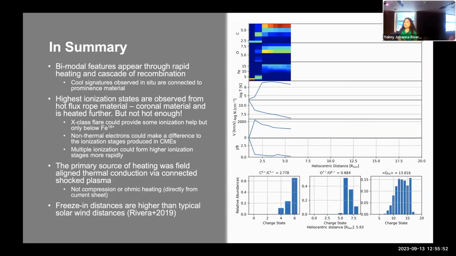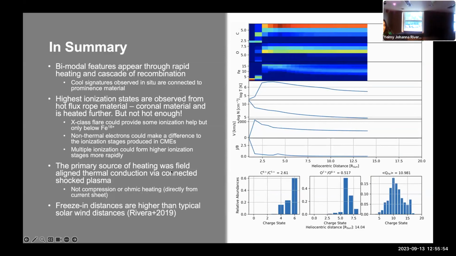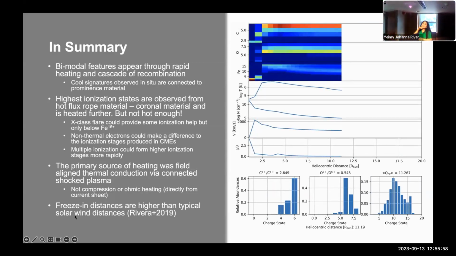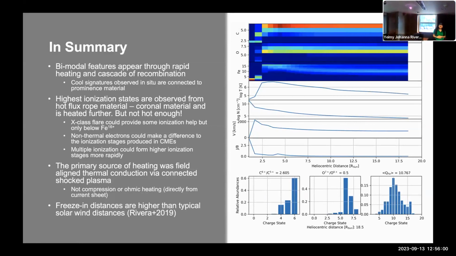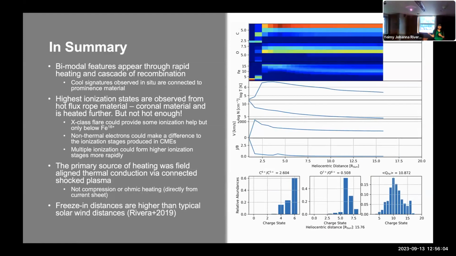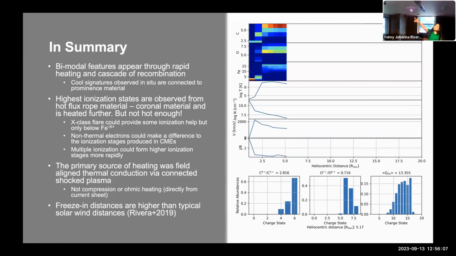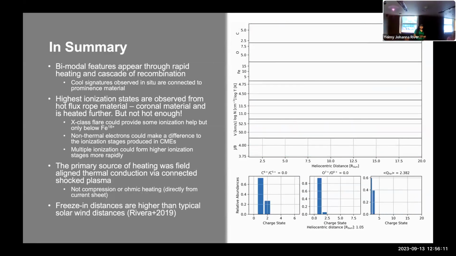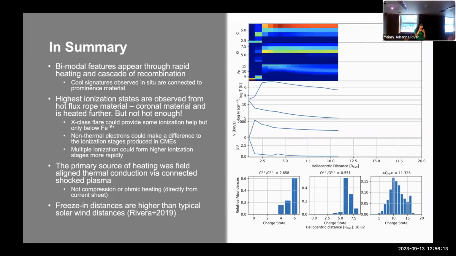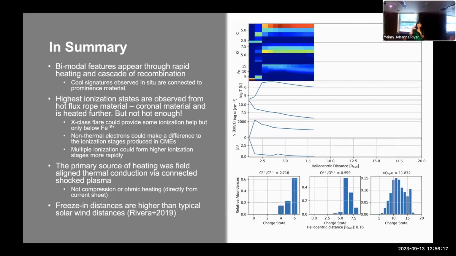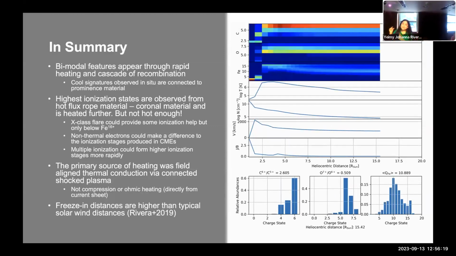And we didn't talk about this, but we can if people like, the freeze-in distances that we see. Going back to the idea of where that freeze-in actually happens in the plasma itself, we see that this is much, much farther away, sometimes out to 20 solar radii for the iron, compared to what we typically see in the solar wind. So at least the iron is capturing a lot of the evolution through the corona and the simulation domain.